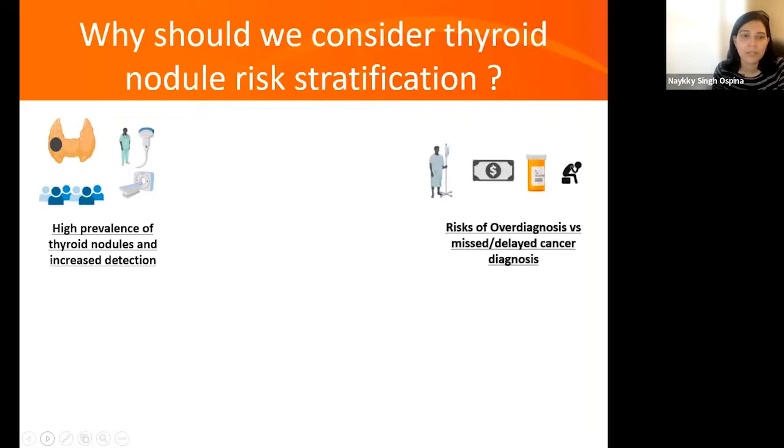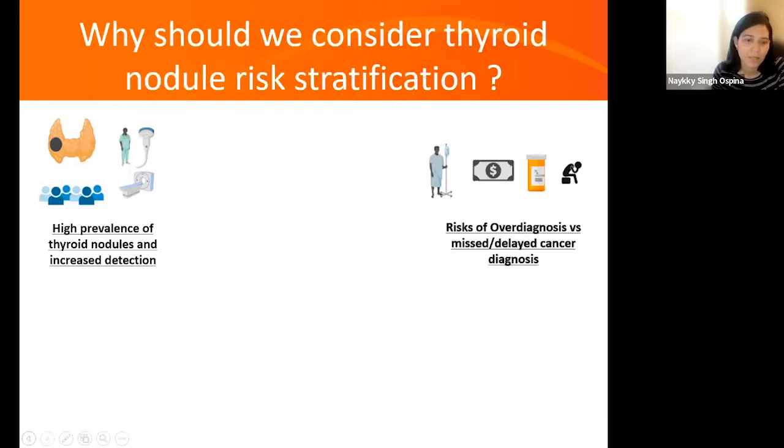So for the clinician, what you are having to balance is, on one side, the risk of overdiagnosis if you're too liberal with the evaluation of the thyroid nodules, that then once the diagnosis is made of a thyroid cancer that is low risk, you're increasing the financial burden on the patient, as well as side effects from treatment. They will have decreased quality of life, and so on. And then on the other side, you're trying to balance not missing or delaying the diagnosis of a clinically relevant